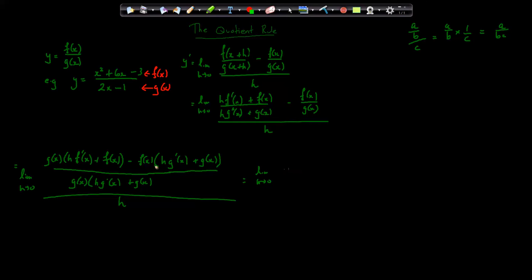So we're going to have h, g(x) f'(x), plus f(x) times g(x), minus h, f(x) times g'(x), minus f(x) times g(x), now all over that bottom line times 1 over h, so we end up with h and then that bottom line, so g(x),